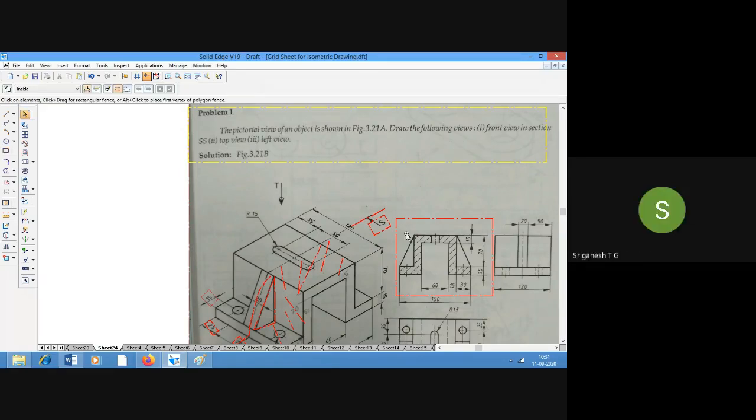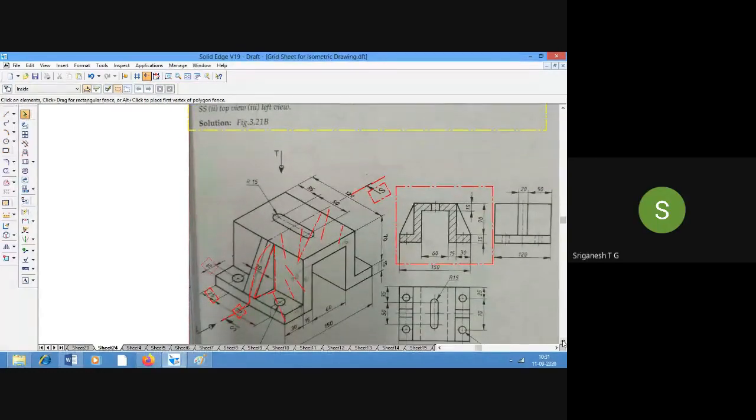Even if they have not asked, say for example, you can see the sectioning plane over here in this diagram. Now the sectioning plane is like this. Tell me, in which direction is the sectioning plane moving, top to bottom or from right to left? Top to bottom, sir. If the sectioning plane is passing from top to bottom, that means the plane is parallel to VP. Correct. So in which view will you be able to get a sectional view? Front view only, sir. That's all. That's all is the hint.